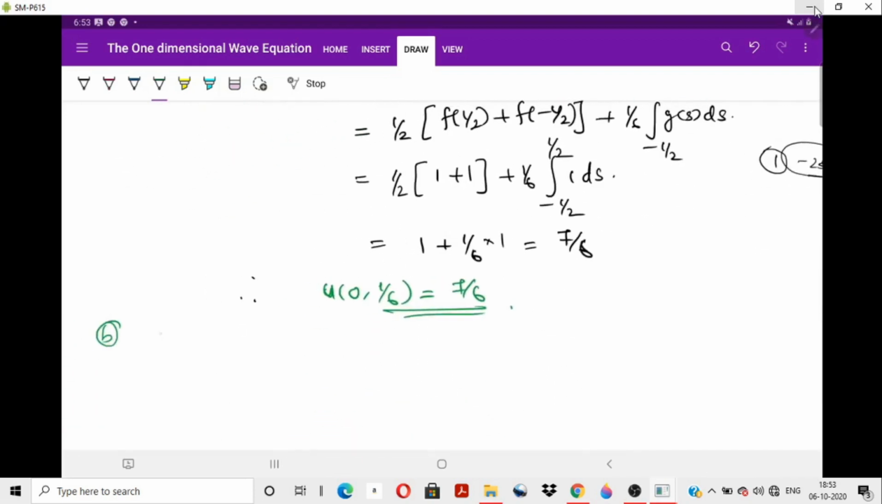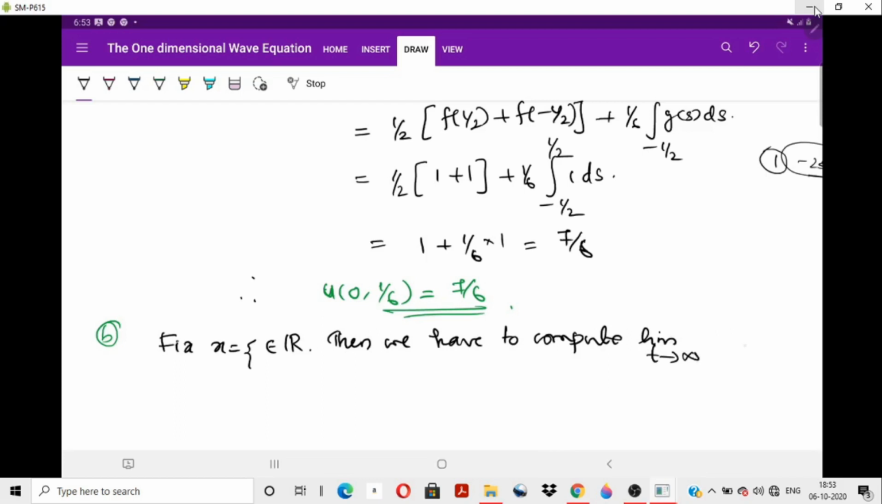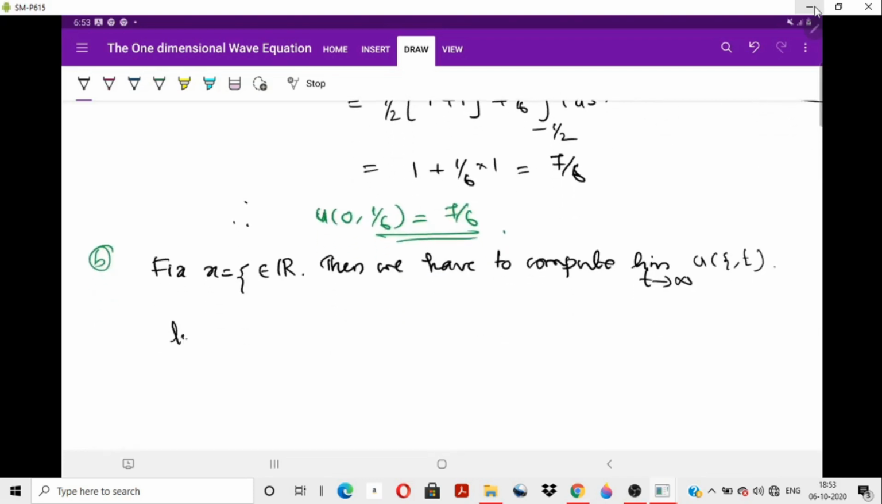So here first we fix x is equal to theta belonging to R. Then we have to calculate, or compute, the limit as t tends to infinity of u of theta, t. Okay, so by definition, the limit as t tends to infinity of u of theta, t is equal to the limit